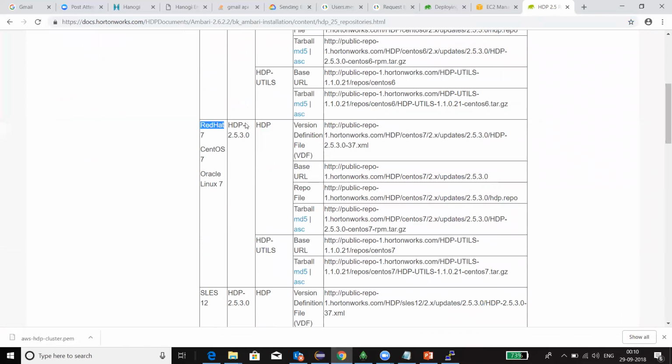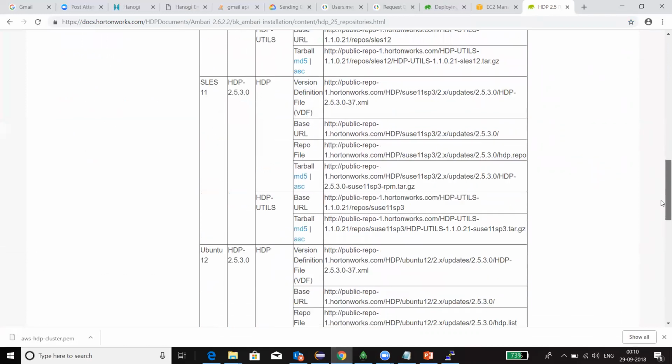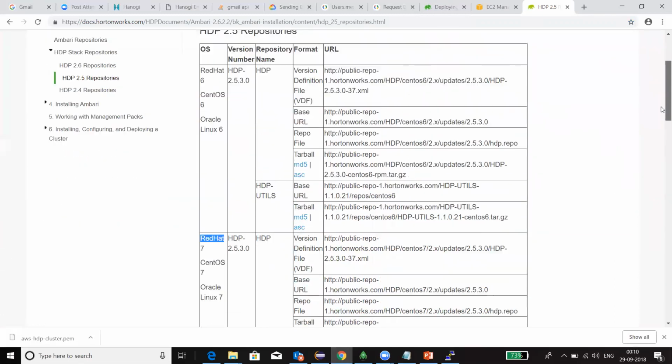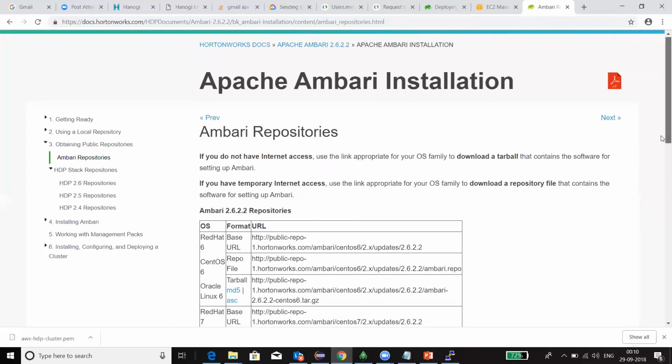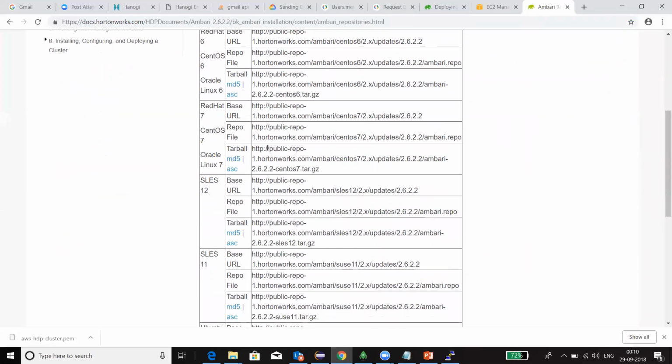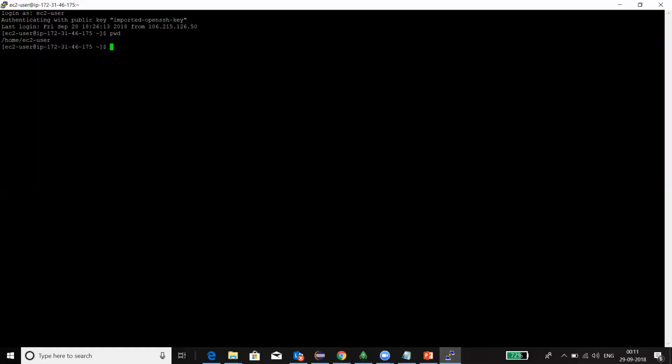All right, so basically I need Ambari repositories for Red Hat 7. So I'm going to use this base URL and get this repo installed locally first. So what I'm going to do is I'm going to do sudo wget and